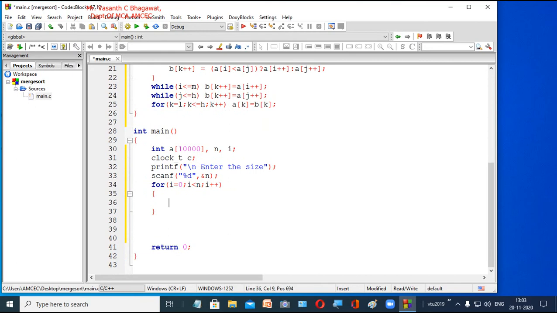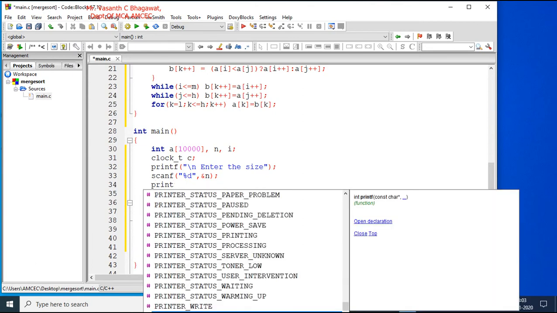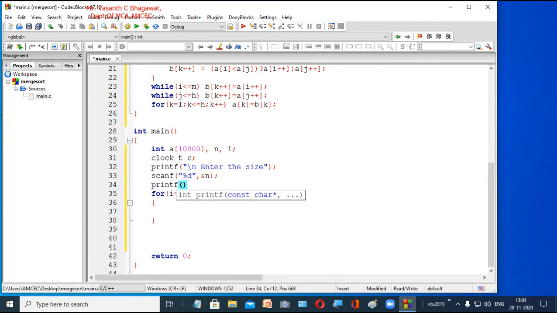As soon as you accept, you want to display also, because randomly it is going to display the element. So before our for loop we will use another printf, say printf, the elements before sorting.